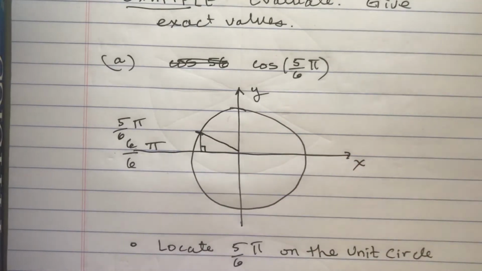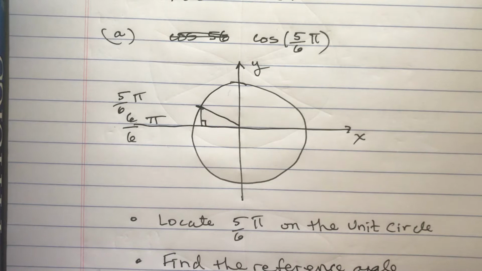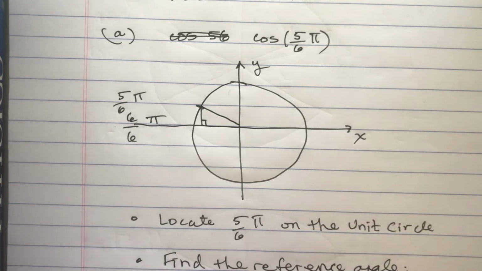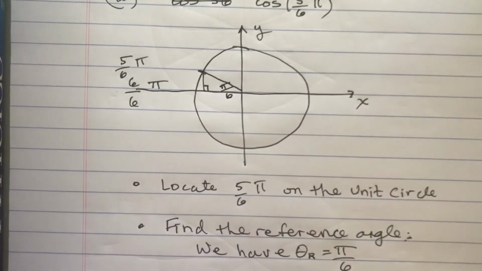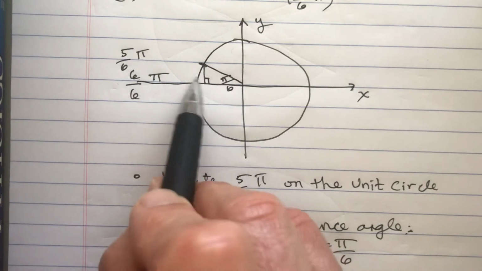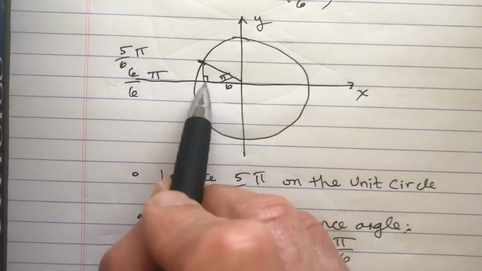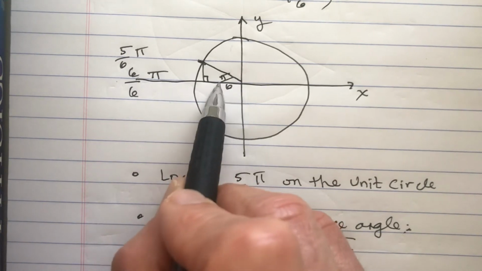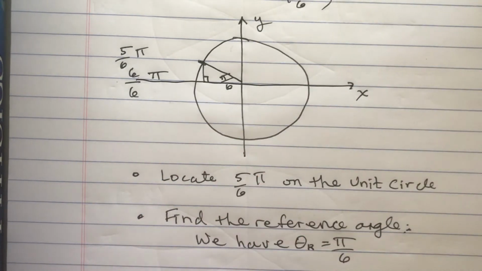And so then the next thing is to find the reference angle. We have theta reference equals pi over 6. And then you can fill that in, and you can do a lot of this in your head once you start getting good at this, and you can see the shape. Because it's pi over 6, this is where it lies. And then I start saying, well, look, the horizontal distance from the origin is greater than the vertical distance. And so I can start filling in this triangle here,